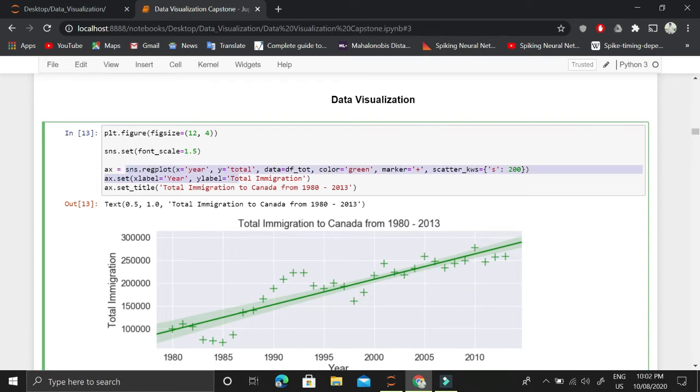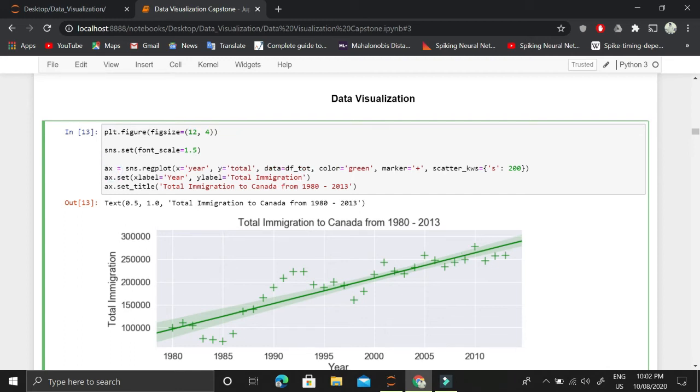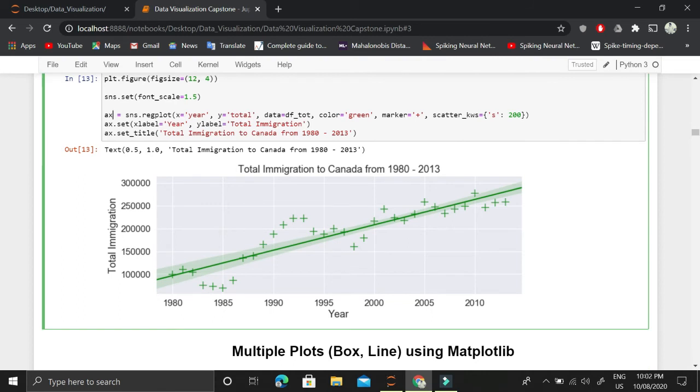Then whatever is returned from this function is stored in this ax. So this ax is actually taking control back. Then using this ax, we will set the x label and the y label for this regression plot.